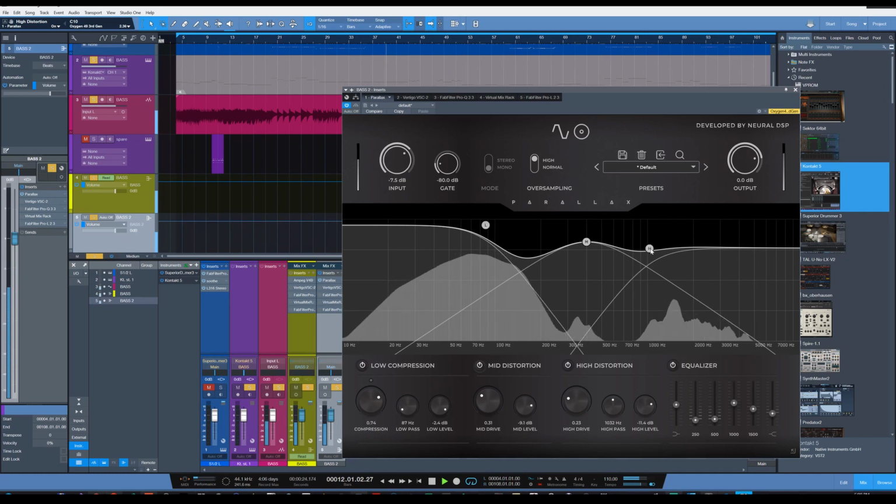It would be nice if I could just use my scroll wheel to adjust the drive. That'd be super convenient. Then I could move this around, hit my scroll wheel, boom, and that would make adjusting this so fast. But they don't have that, so that's alright. And it doesn't seem like any of the modifiers let me do that. I'm hitting Shift, Control, and Alt, and it doesn't work. Oh well. The mid is fixed, so